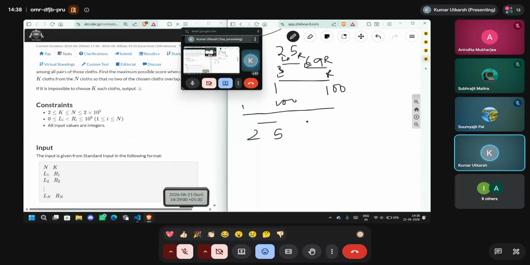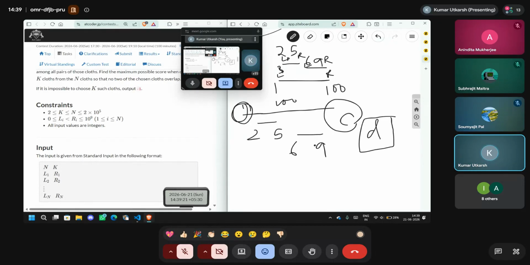And then at 6 comma 9, so it will cover this length, right? So if we want to pick up the maximum number of clothes which we can get with a distance d between them, we cannot start from this end, right? Instead, we can start from this end. If we have sorted on the basis of the first value, we can start from this end counting the number of